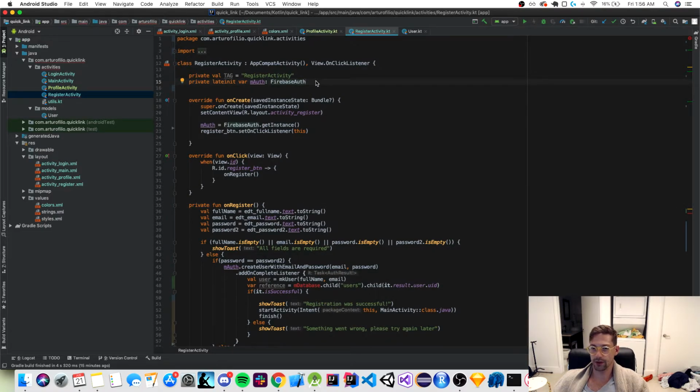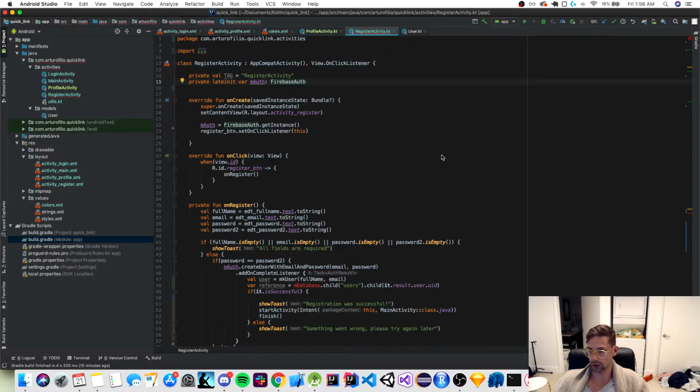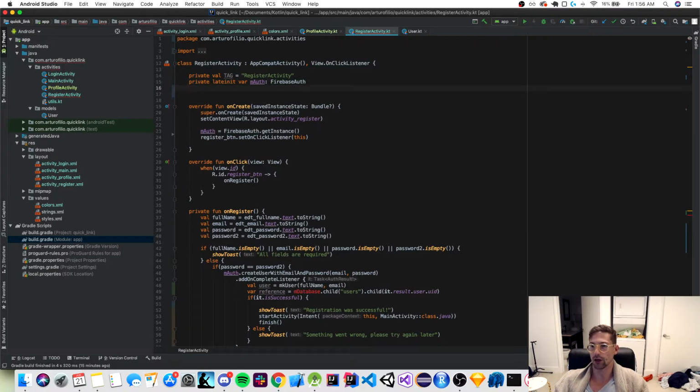The Firebase library is one of the libraries that we brought in at the beginning of the tutorial series, which is right here. Firebase database library, which is this one. And it's going to be found in the module app. You should have it already, so don't worry about it. I'm just mentioning it. So we're going to go right below the Firebase authentication library, and we're going to write